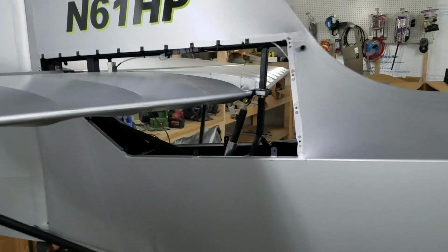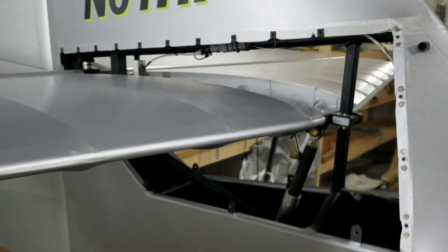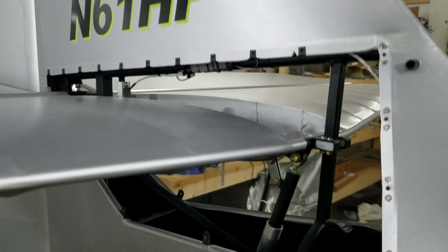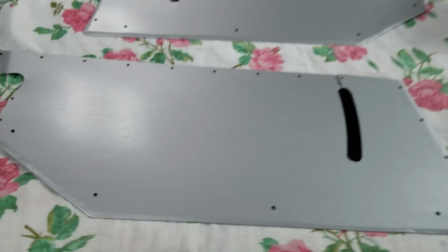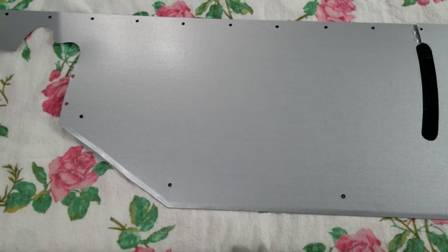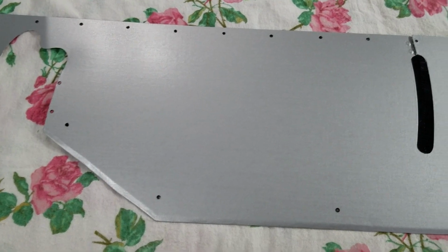The inspection covers I'm talking about fill in this whole area here. Of course, you can see all the screws that attach it. They are laying over here. I was going to paint them, but I decided Oratex would be a more perfect match, so I went ahead and covered them. I went ahead and put the brush on here, and of course that is